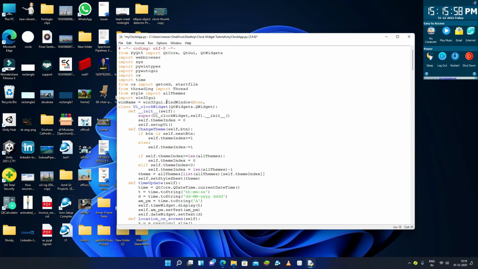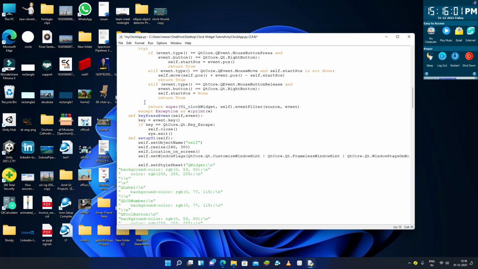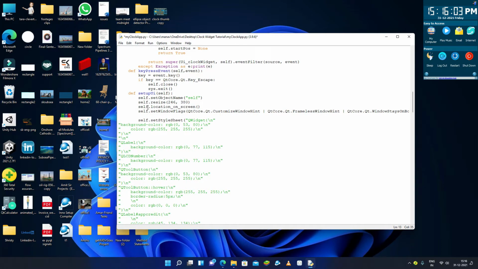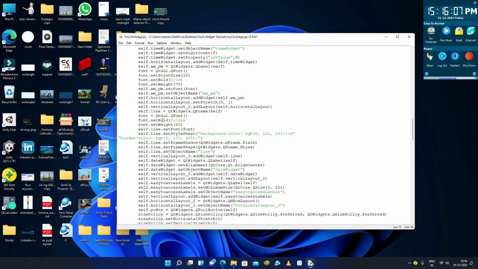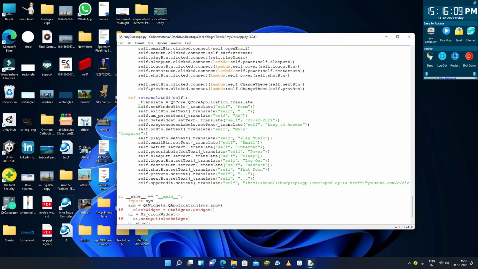So what is our application name? If you go to our setup file, where is our application title name? It might be here, right? It is from here. Let me change it to, suppose, clock app.